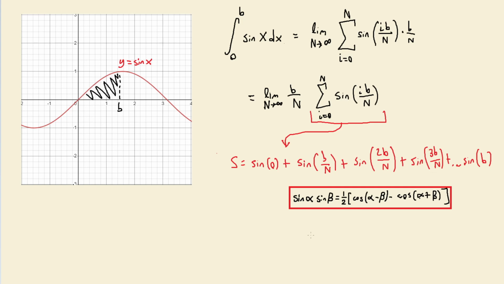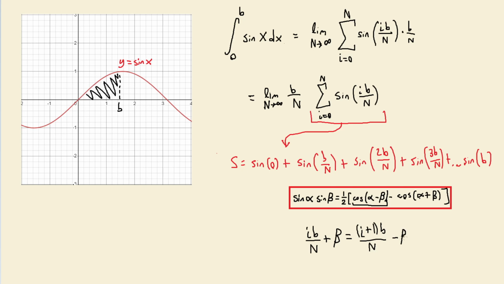So we want that iB over N plus some factor, and here I'm just going to use the beta given by this identity, to be equal to the positive of the next term, which in this case would be our alpha, but for the next term, which is just going to be (i plus 1) times B over N